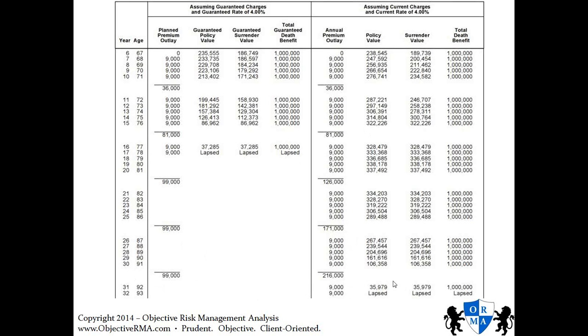So generally, when you look at an illustration, just as a snapshot, what I tell people is that what you can probably expect is something between the guaranteed side and the non-guaranteed side. It's probably not going to go out to the full length of the non-guaranteed side, but it's probably not going to end right at the guaranteed illustration. You're probably going to find that the policy is going to be enforced somewhere in here. And that's what a lot of people don't understand: that range.